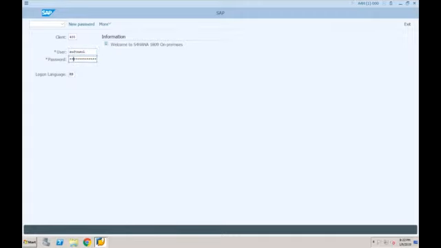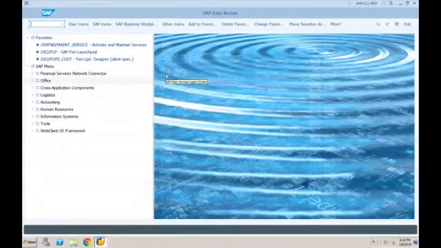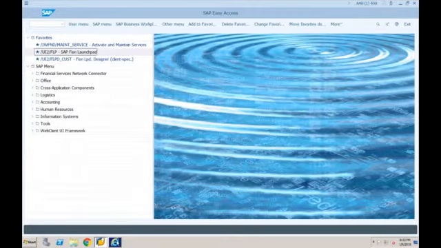So I'm just logging back with my traditional GUI. Traditional GUI means the graphical user interface that we were using earlier. Okay, so this is a traditional GUI. Now, if I want to log in to SAP Fiori, SAP Fiori is available as web-based. Web-based means whenever you double click on this link, let's say if I double click on this link, this will open in the browser.